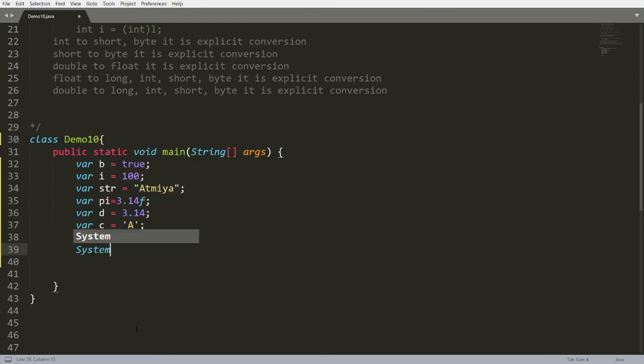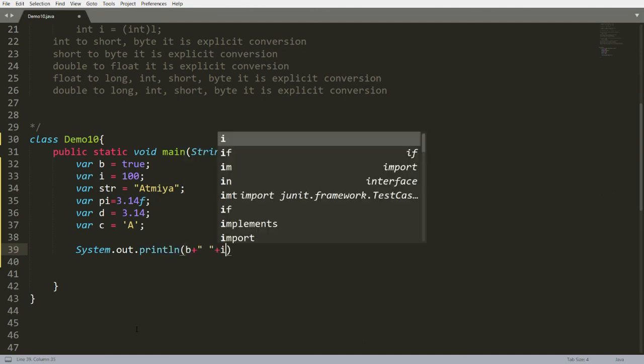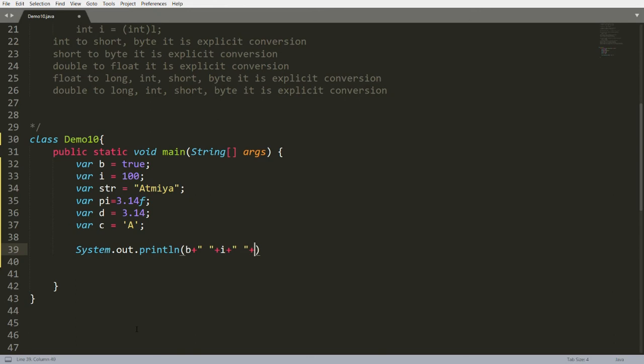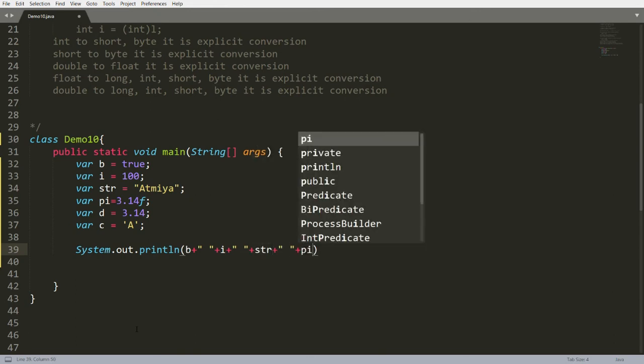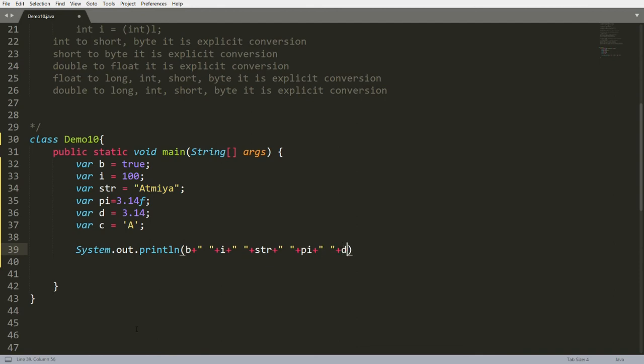Now I want to print all this. So I want to print b, then i, then the string, then pi, then the double value, then the character value. Is this possible?